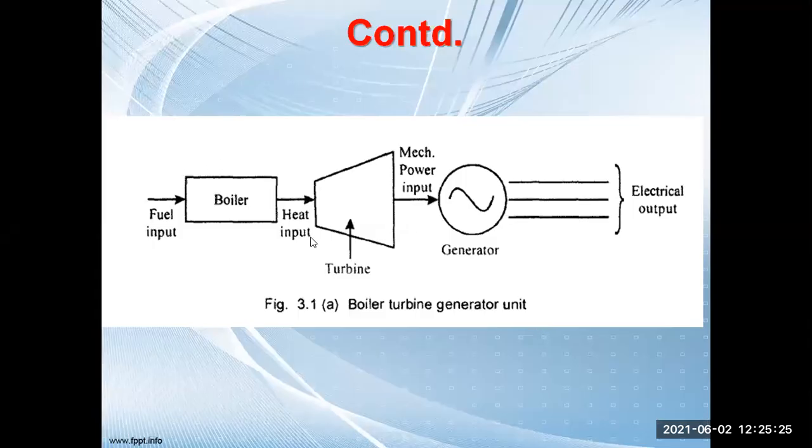So here you see that it is a schematic diagram. That is the whole system. The fuel is entered into this boiler, and then finally we get the output. Heat is the output. Now, when heat is the input to the turbine, what will happen within this turbine? It is injected into the turbine shaft. Now the turbine shaft gets rotated, and it delivers the mechanical power. That mechanical power is again injected to the generator. So mechanical power is the input to the generator, and we'll get the electrical output. This is basically how the system will operate, so how we are actually getting the electrical power.